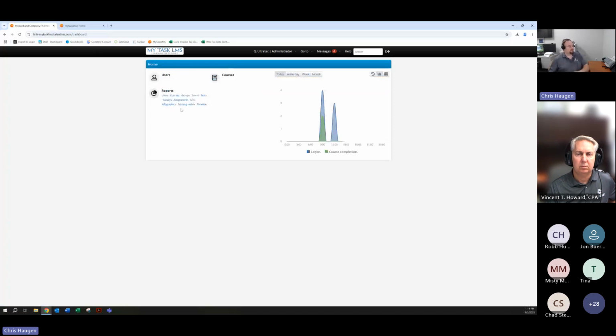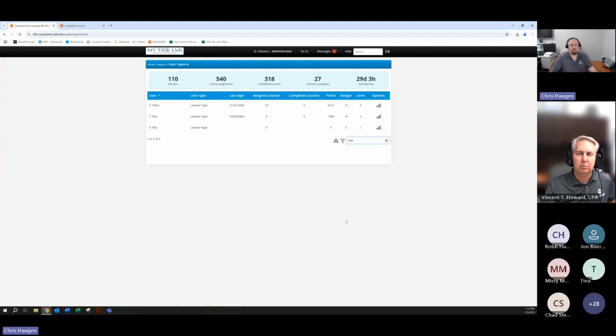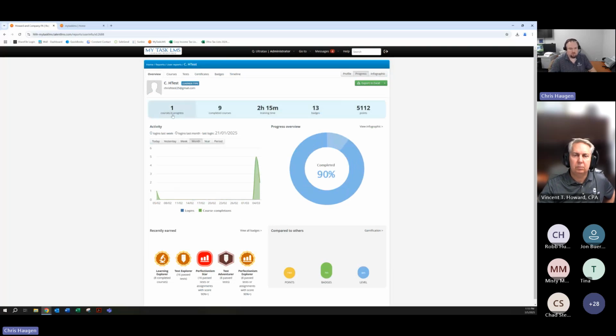From the individual user side, let's say you have one person currently going through the course and you want to see all of their stats through the course. If you go to users, you can go to that user and you can either click on it or click on the little report icon, and it will give you an overall view of the user, showing you their courses in progress, their completed courses, giving you a general overview.